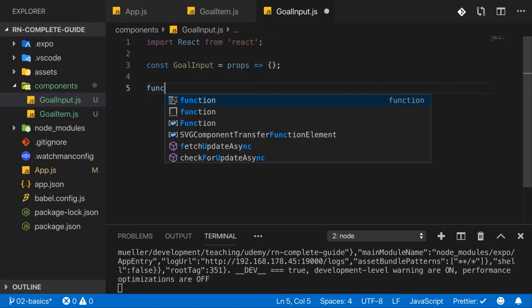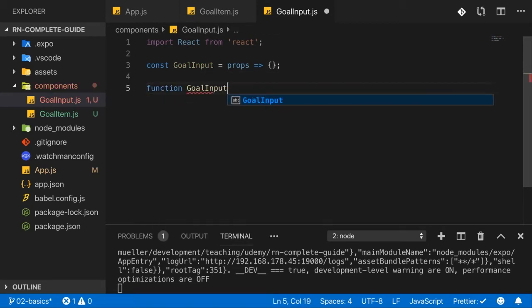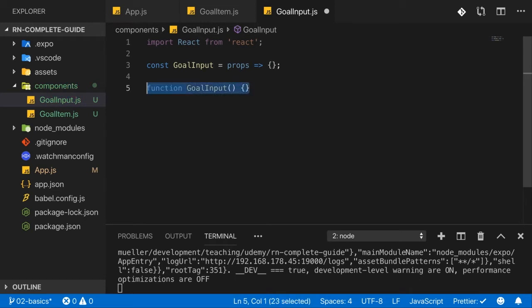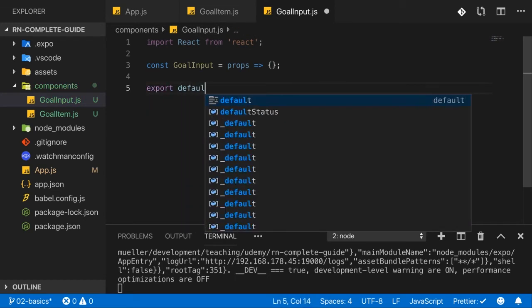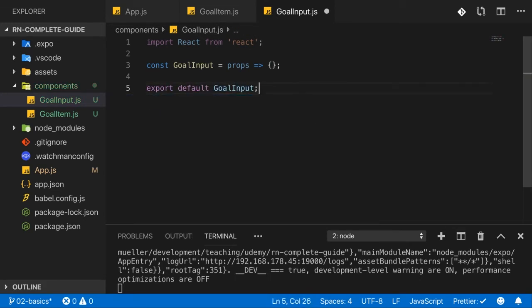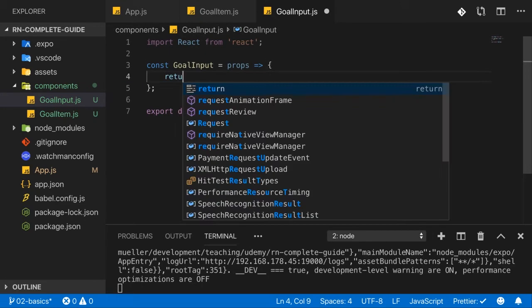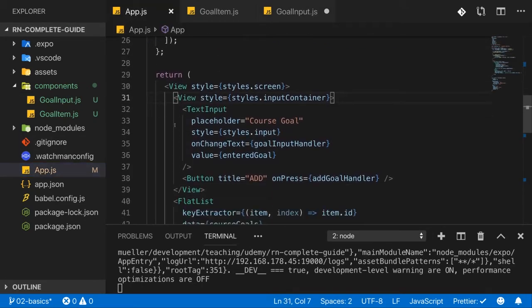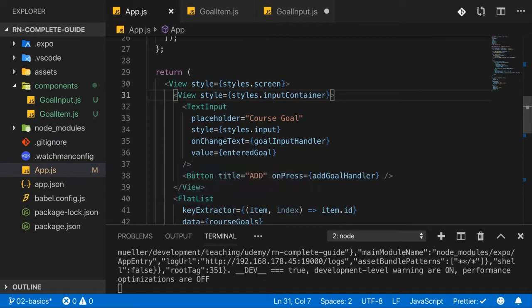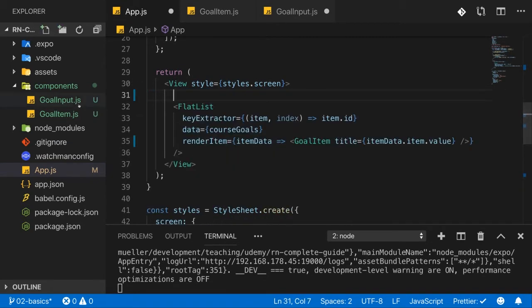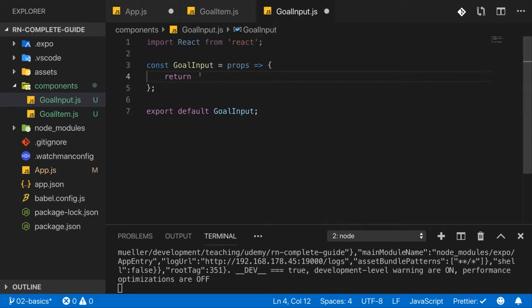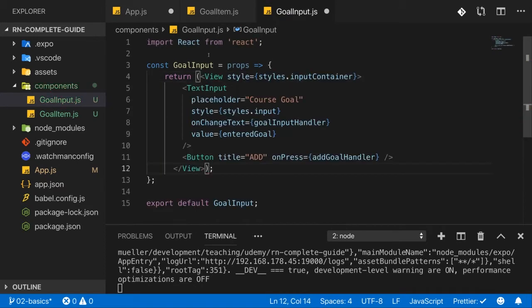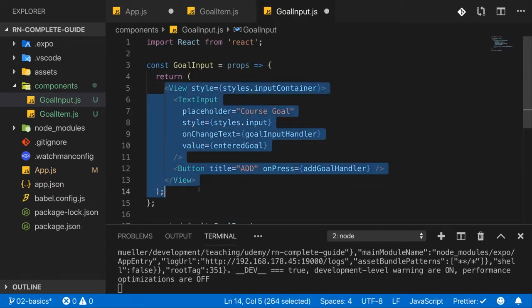You could use function goal input to create your functional component. That would be fine too. Then here I'll export the default goal input. And now here we need to return something. And that something is in the end this view with the text input and the button. So let me grab that entire view, return it here between brackets so that this is written across multiple lines